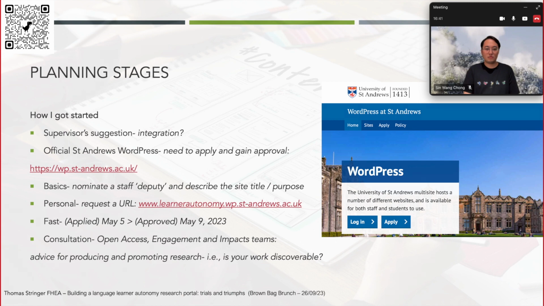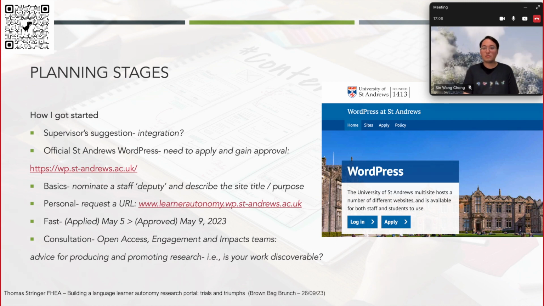One of the benefits of doing it this way is you get to request a personal URL, whereas the free version has an auto-generated, clunky URL, maybe some numbers and symbols and underscores. It doesn't look very appealing.